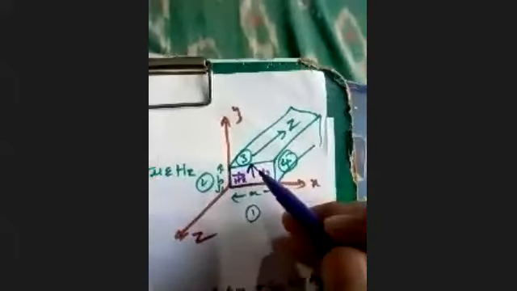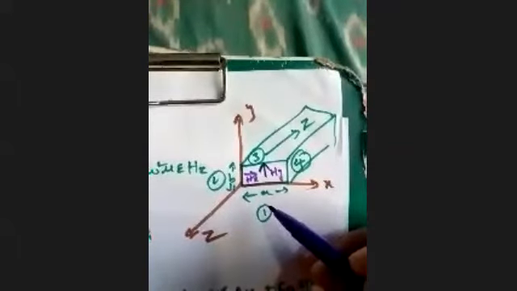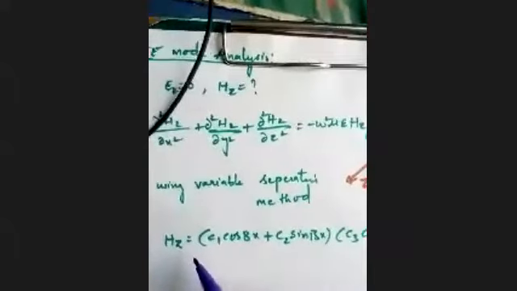So we cannot make Hz equal to 0 at all the 4 sides, because Hz is a tangential component of magnetic field, and the general boundary condition says that the normal component of magnetic field is 0, but not the tangential component. Therefore, either I can write boundary conditions for the normal component of magnetic field or the tangential component of electric field. Here we don't have tangential electric field and we don't have normal magnetic field.